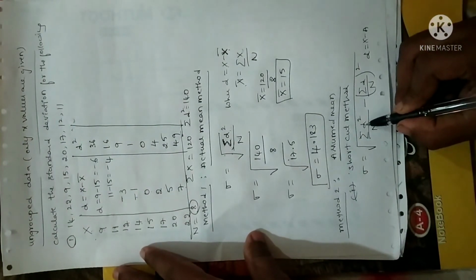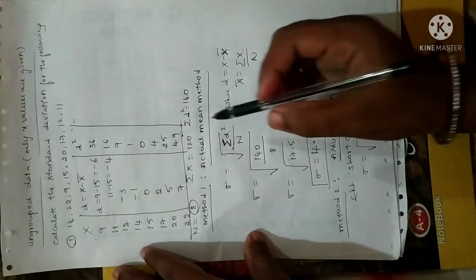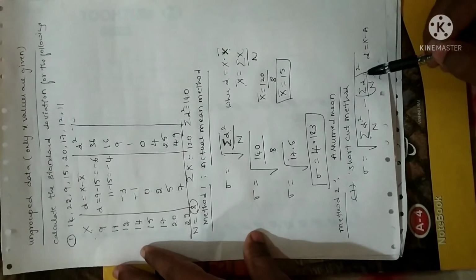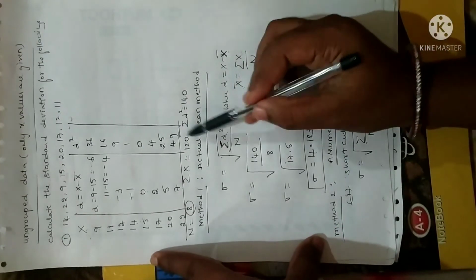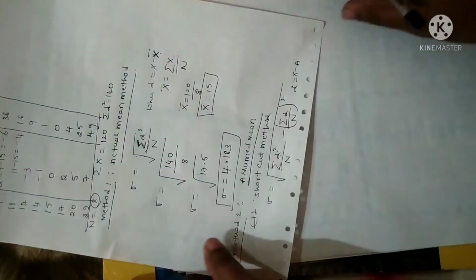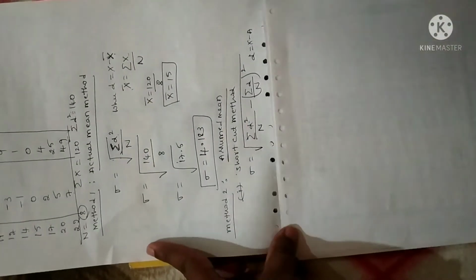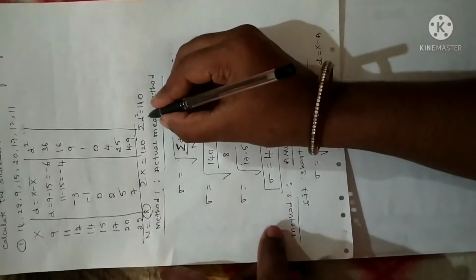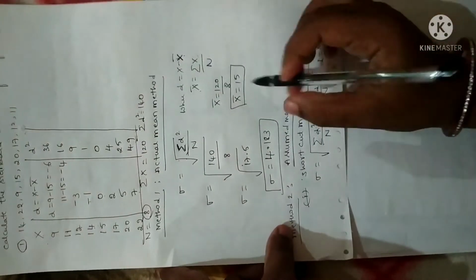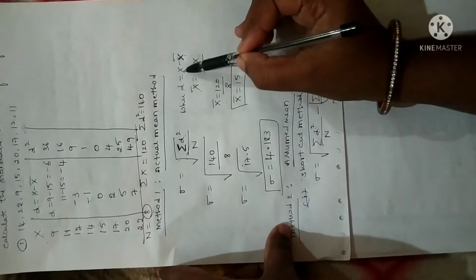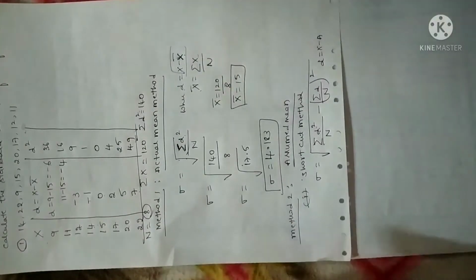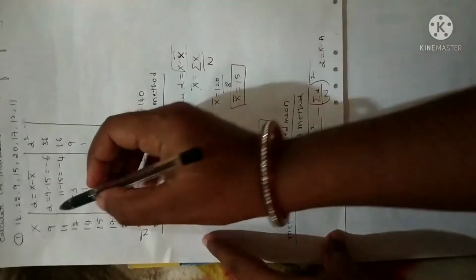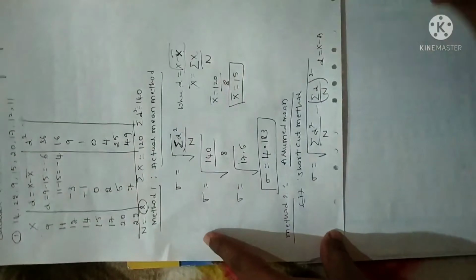So what are the required data? D square we needed, sigma D square. Anyhow I have calculated sigma D square here, n also I have, but the only thing I need is sigma D divided by n the whole square. So everything is calculated in the problem only. So I'll just make a substitution here. See here I am going to do assumed mean, right? So sigma is equal to square root of sigma D square I need. See here I have calculated sigma D square, but it is not the case. Why? Because D I have calculated by using x minus x bar. But in this case what we need is D should be calculated by x minus a. Here what we have calculated is x minus x bar, so it is entirely different.